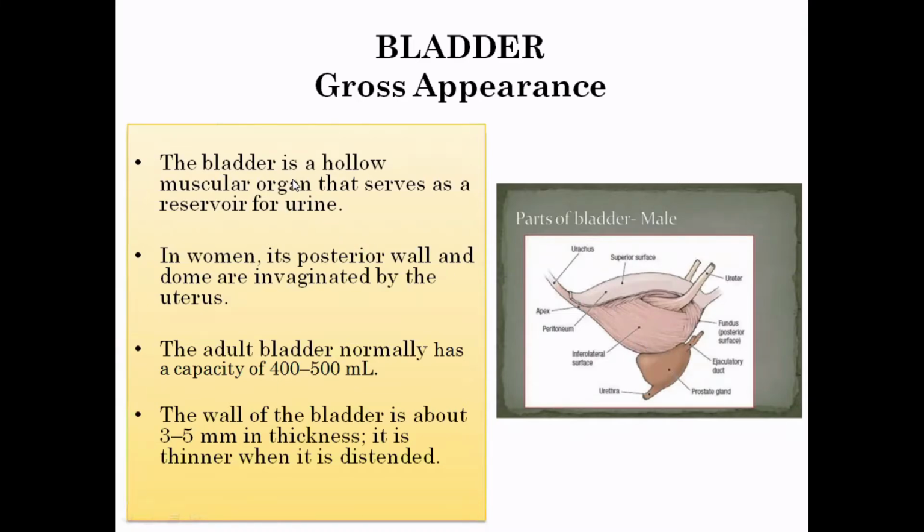It's a very complex structure, and the size is important. The capacity is important, so they will ask you what is the capacity of the bladder. It is 400 to 500. There are so many definitions that are made on the basis of this. For acute retention, the patient should have 400 ml if the bladder is healthy. If somebody has 100 ml, you can say it's acute retention unless there is some disease of the bladder. If somebody has chronic retention, they can have up to 2 liters of urine in the bladder. That is the abnormal bladder. Thickness is also very important because of many diseases. The bladder has a thick wall.